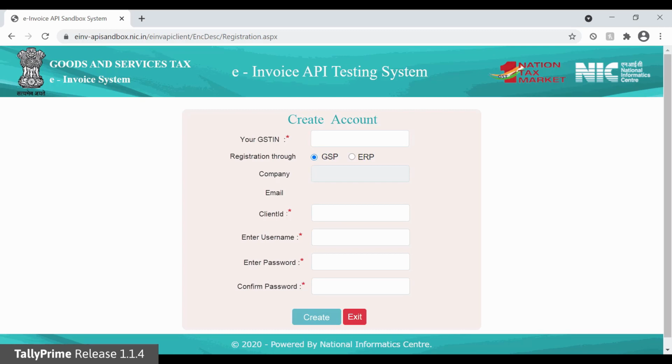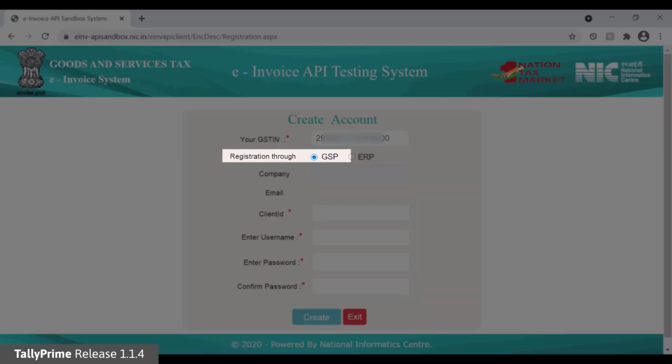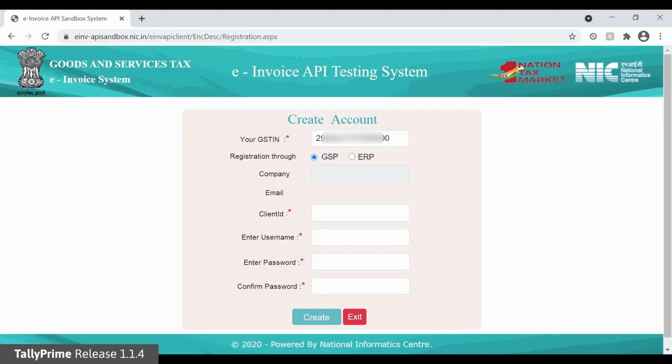Under your GSTIN, enter the GSTIN of your business. Select GSP under the Registration Through field. Under Company, select Tally India Private Limited. Enter your registered email ID under the Email field.